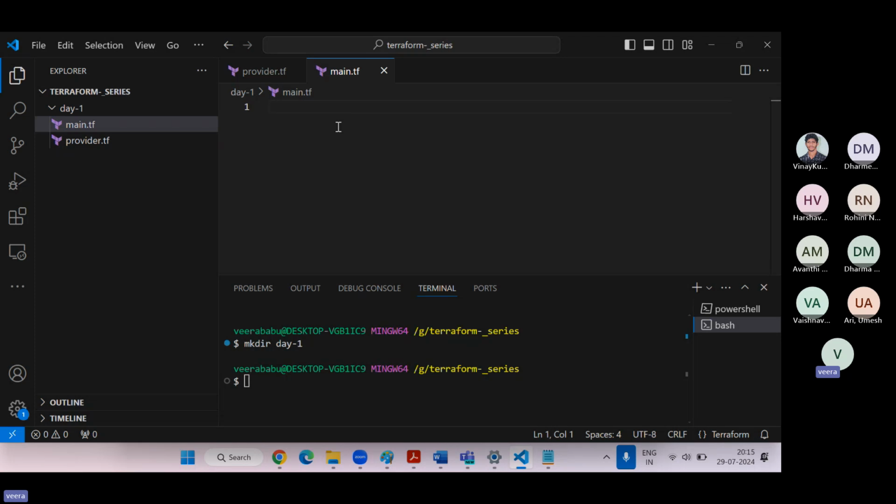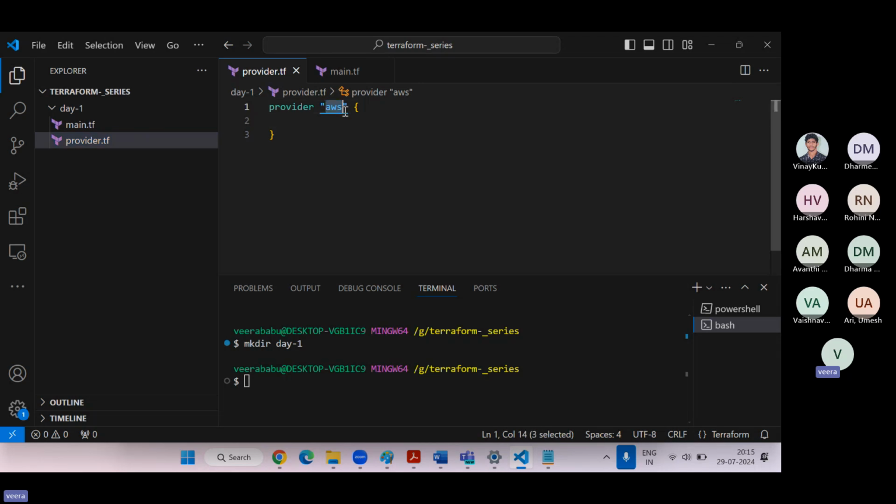For example, if I want to create an EC2 instance, I need to define my EC2 related information. So first we need to understand the provider block. Here only AWS is updated. But how will my Terraform create resources in your account or a different account? The account details come from the CLI process, the command line interface process. So definitely we have to configure the access key and secret key. We have already configured the access key and secret key for the CLI process in the last classes.